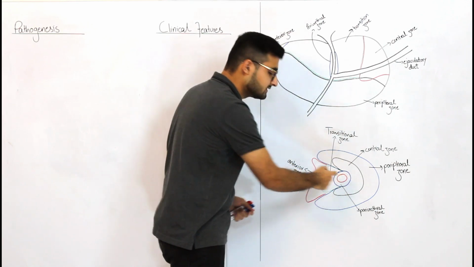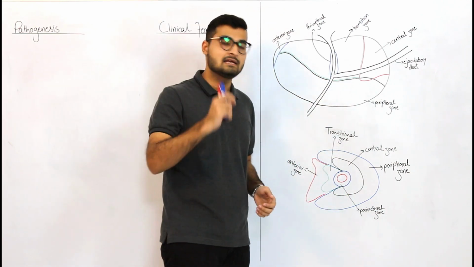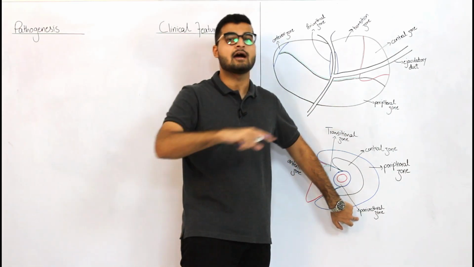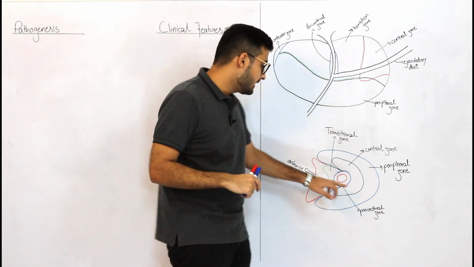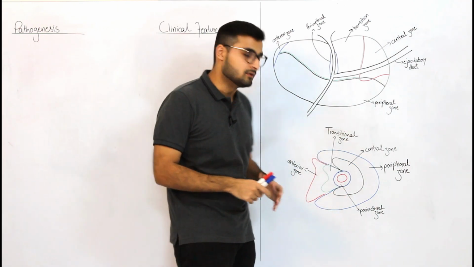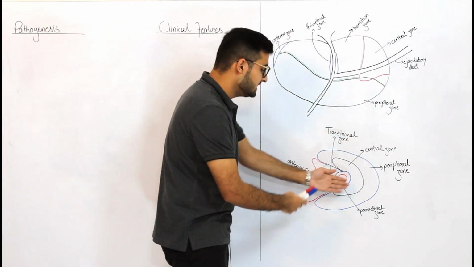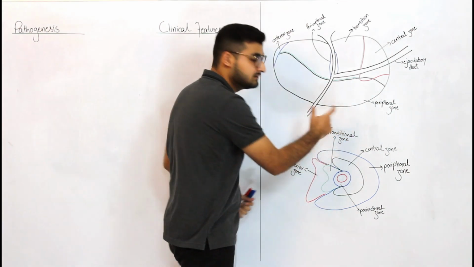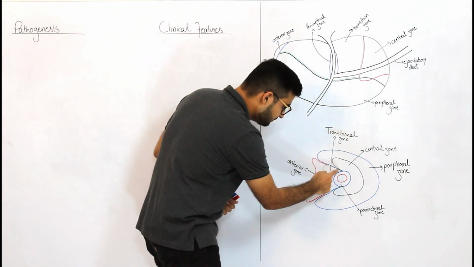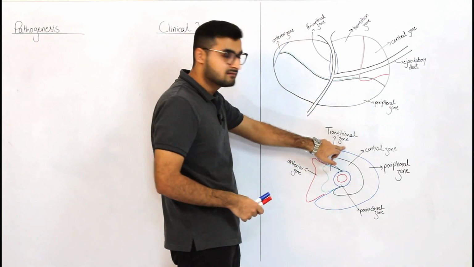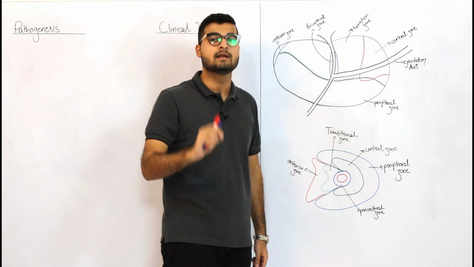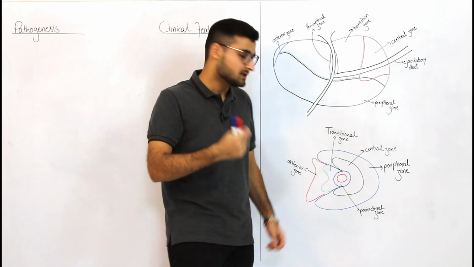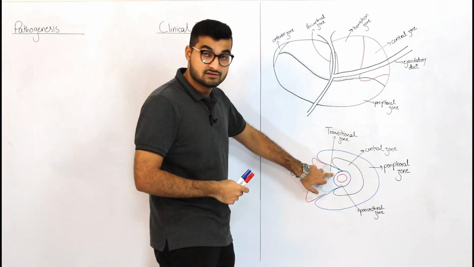Just outside the urethra, inside your prostate, you have a periurethral zone, as I've labeled here, circling the urethra. Now anterior to the periurethral zone, this green part is your transitional zone. The transitional zone is where your pathology lies whenever you talk about BPH. So this is going to be your transitional zone.